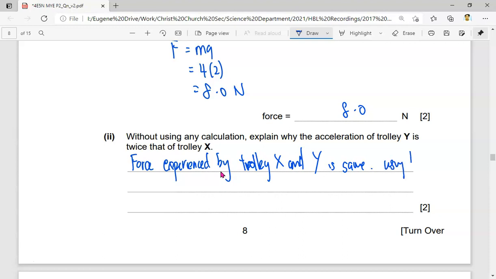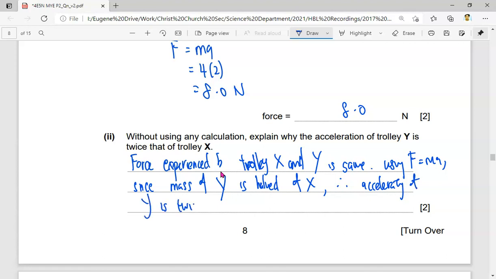Next, using F equals to MA, since mass of X is twice of Y, therefore the acceleration, okay, maybe I should not put twice up, the mass of Y is half of X. So we use Y as the subject as a key point, is half of X. Therefore acceleration of Y